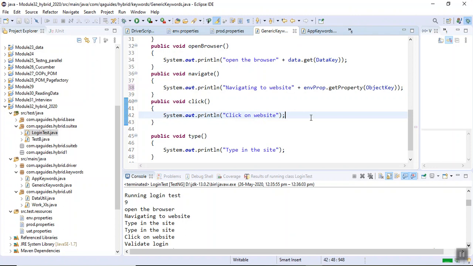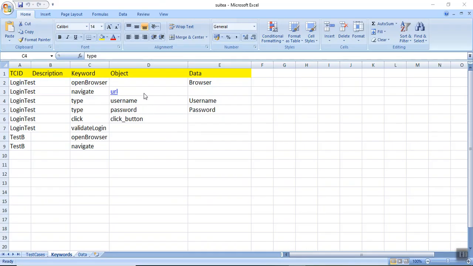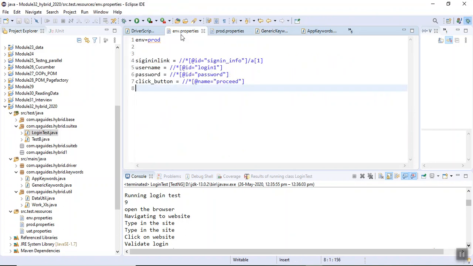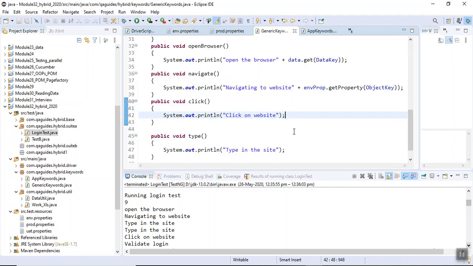Okay, see here, object key has the username, password, URL, and click button, and all these things are available under our environment. Okay, fine. So what I have to do, I have to take all these values from our environment properties. Fine, getting me?